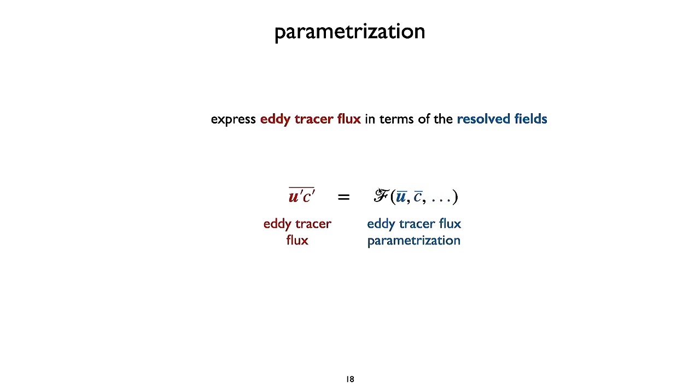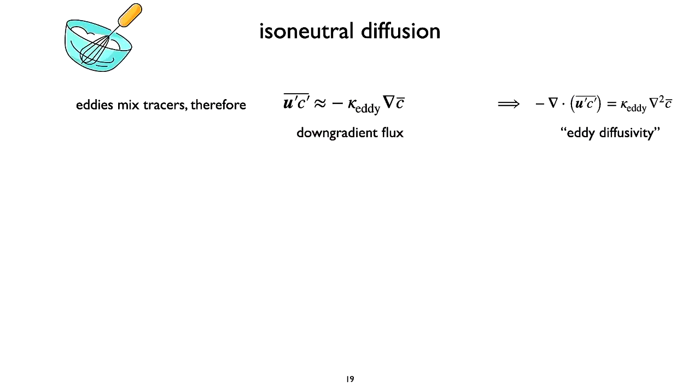But it's very hard. How do you find this functional relationship? And sometimes it's not even possible. It's not possible to express these subgrid fluxes in terms of the things that you resolve. But a common idea is that all this turbulence, what does it do? It diffuses things. It stirs things up. Okay, it makes things stir up more. So we can approximate it with what we call a downgradient eddy viscosity.